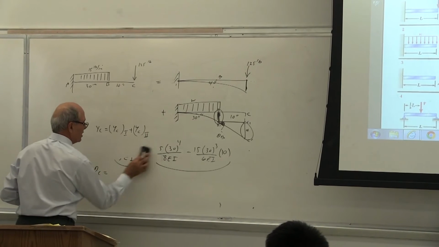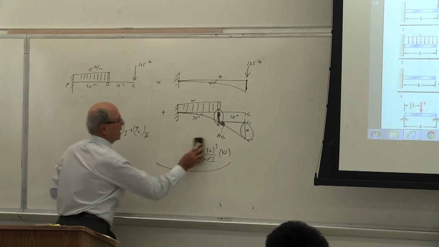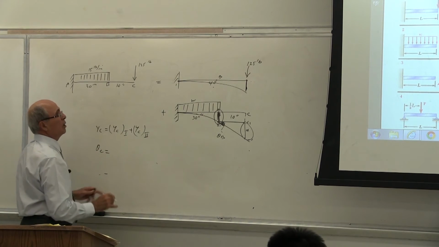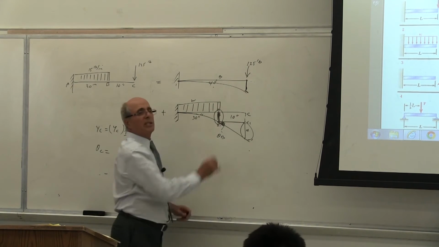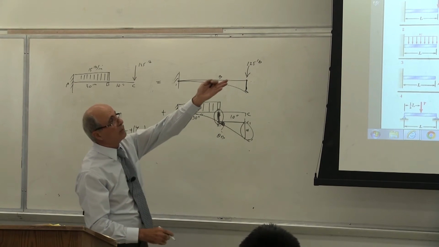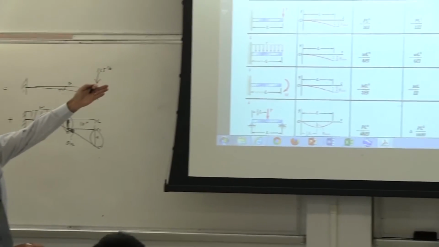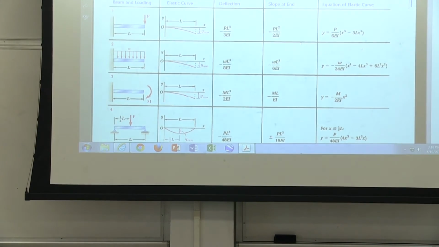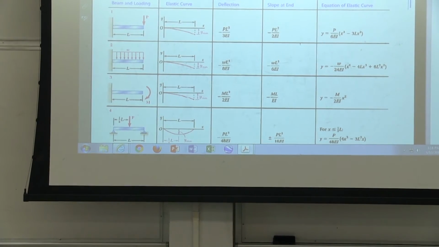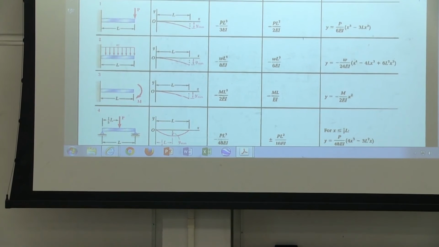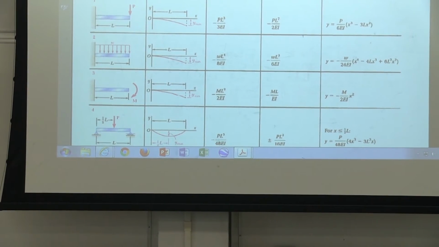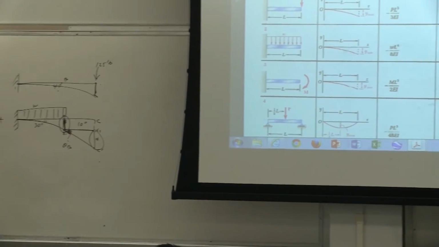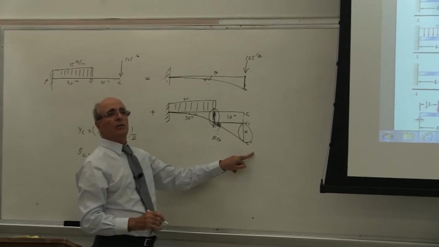Now I'm going to erase that, and this time because I asked you to calculate theta c, that's why he's asking. So theta c becomes equal to the theta c, this is theta there. Is that correct? And it's given in the table. How much is it? Minus p L squared divided by 2EI. Very good. Minus p is 125, times L squared, you said? Yes, L, which is 40, that's right, squared divided by 2EI. Correct or not?